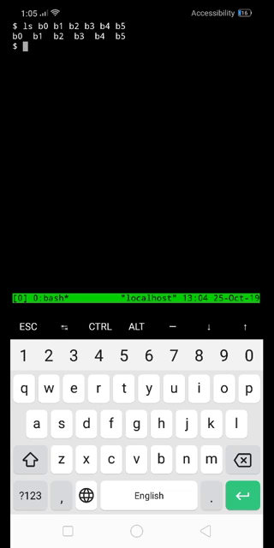In that pattern, so the next will be B6, B7, B8, and so on. The very first is B0, followed by B1, B2, B3, B4, and B5. This is a text file.